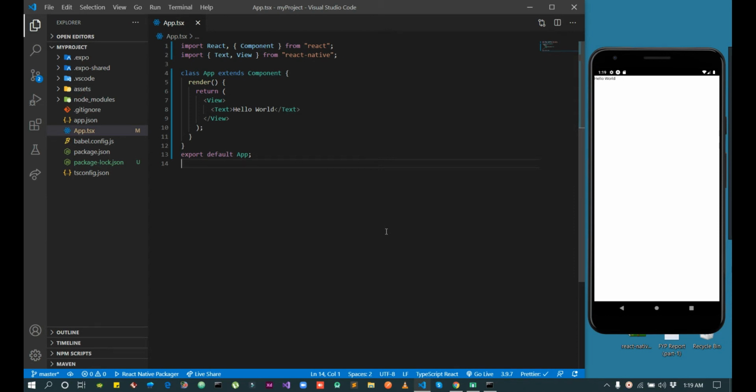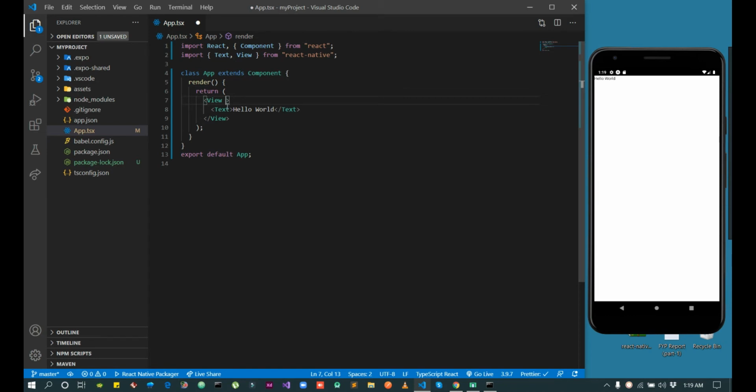In this video I will tell you about flex: what is flex in React Native, why and how we use it, and more about flex and also styling. Let's start. First of all, we will use inline styling for the time being. After some videos we will use style sheet styling, and I will tell you how to use style sheets, but in this video I am using inline styling.